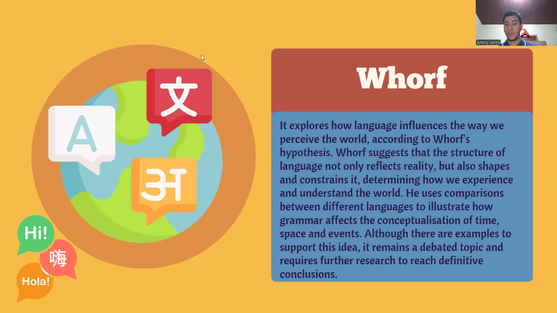He used comparison between different languages to illustrate how grammar affects the conceptualization of time and events. There are examples supporting these ideas. It remains a topic of debate and requires future research to reach definitive conclusions.